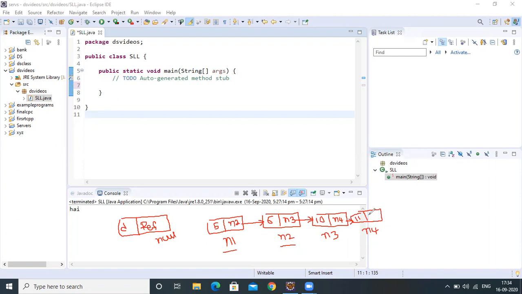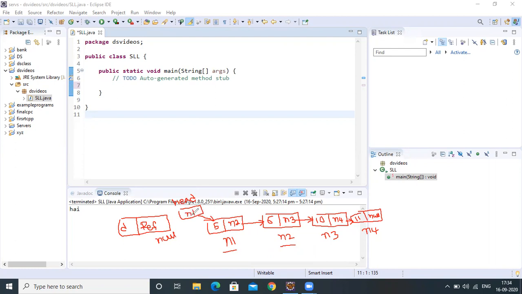So assume this is the last node within the list. So it will be pointing to a null pointer. It means there are no further nodes within the list. How do we know which one is the starting node within this list? For that we will maintain one head pointer. Always this head pointer will point to the first node within the list. It doesn't change. So always the head pointer is going to point to the first node.